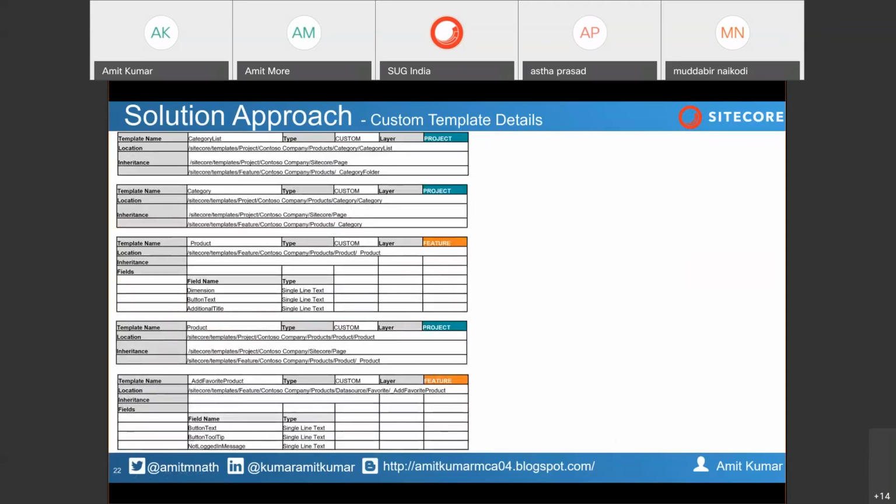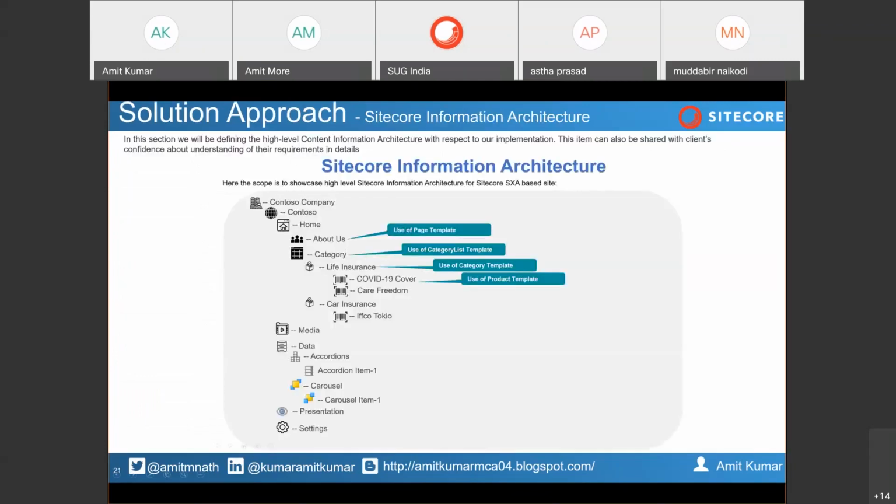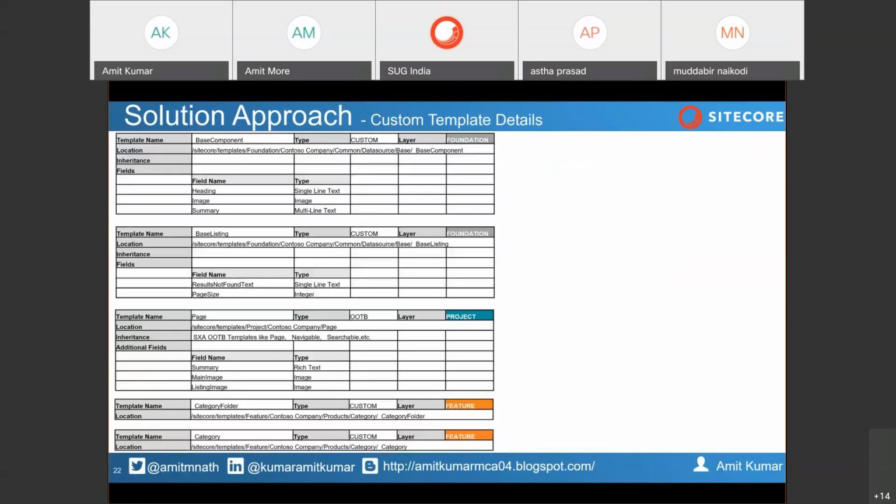So now coming to the category list, you have seen that I have created that in the project layer, and the location will be inside this. I have inherited my page because, as I said, I will be creating a category listing page template. For that I have created a container.